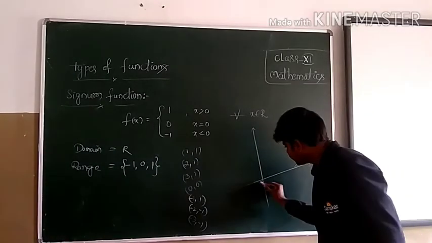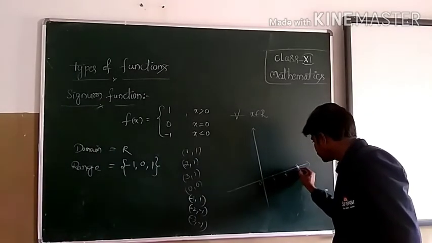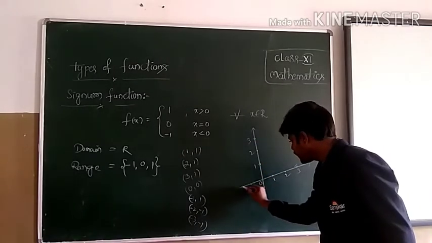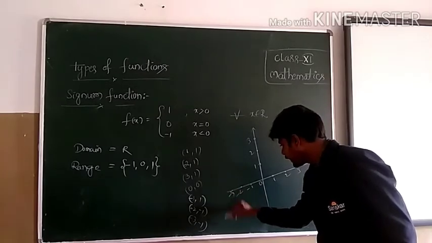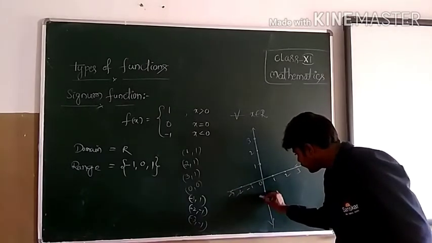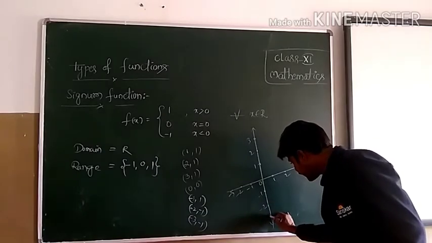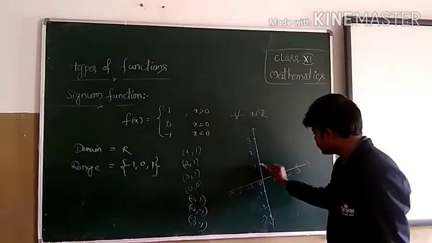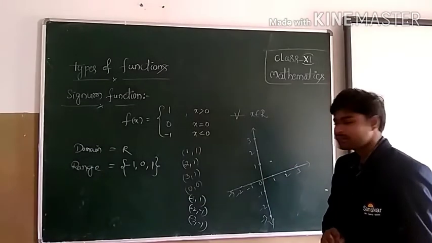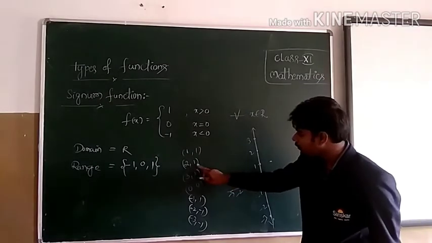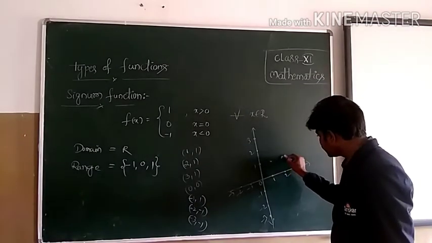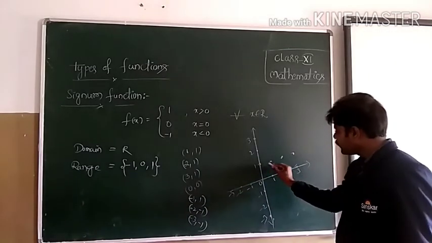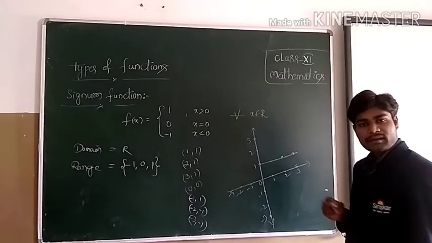First I consider this as 0, then 1, 2, 3 here and 1, 2, 3 there, and minus 1, minus 2, minus 3 like this, and minus 1, minus 2 and minus 3 on the other axis. Now observe the ordered pair 1 and 1, so this is one point. Next 2 comma 1, again 2 here and 1, and 3 comma 1, again 3 and 1.